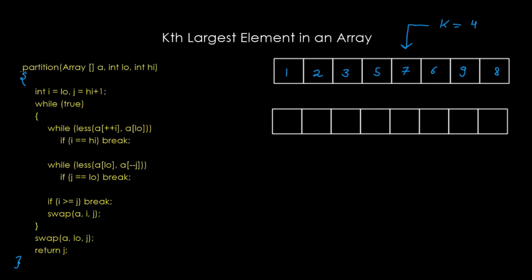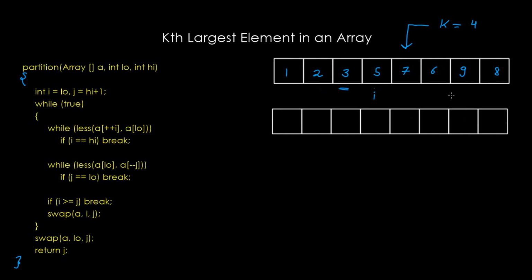So the function which calls this partition function sees that the return value is 1 and k is greater than 1. Therefore this time it calls this function such that low is 1 greater than the returned value. Therefore now the pivot element is this, and high is definitely the previous high element.